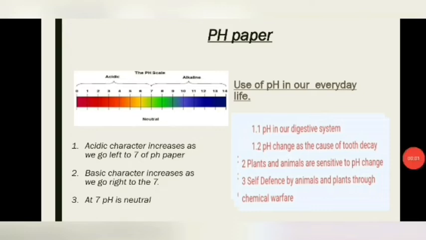In the third point also, we can see that plants and animals use this pH as a chemical warfare. How they use it, we have to understand. Animals inject acids by biting, right? And similarly, plants also use this by injecting acids into others' bodies. So this pH helps us to identify what kind of substance it is, either acidic or basic. Then only we will be able to deal with it, and we will understand it in a video.